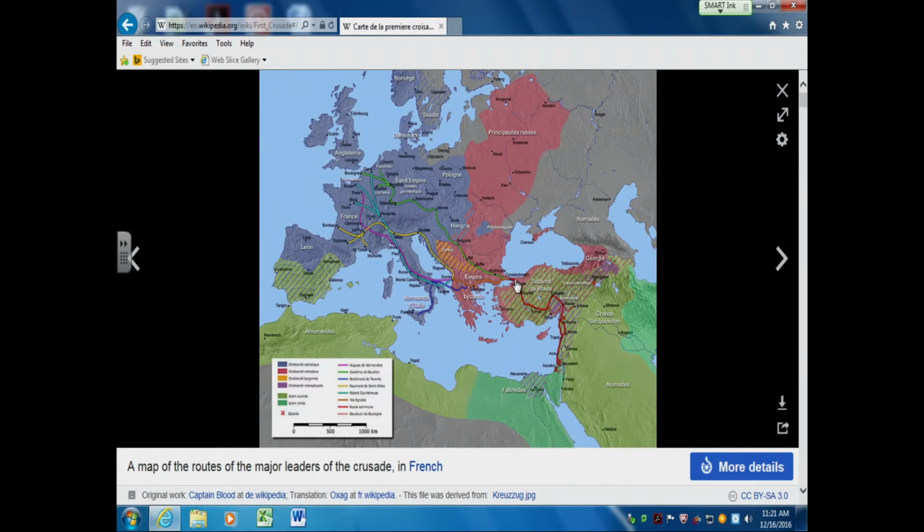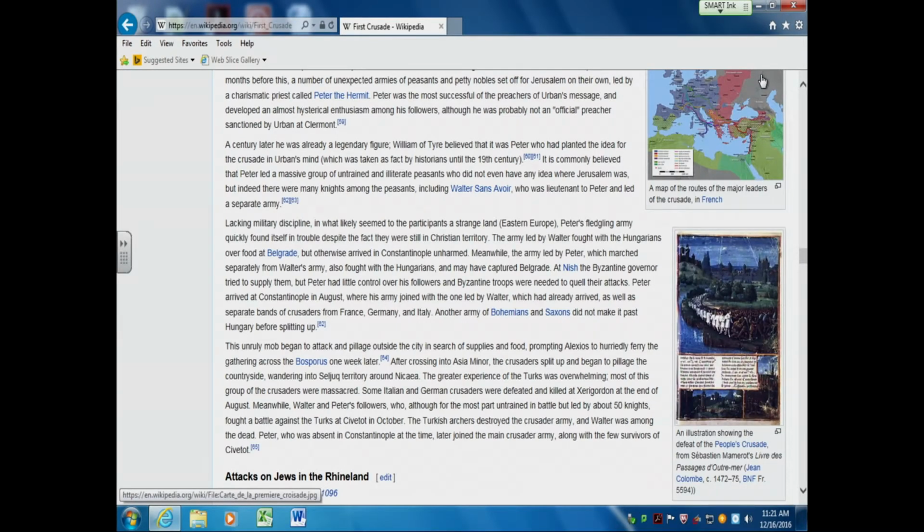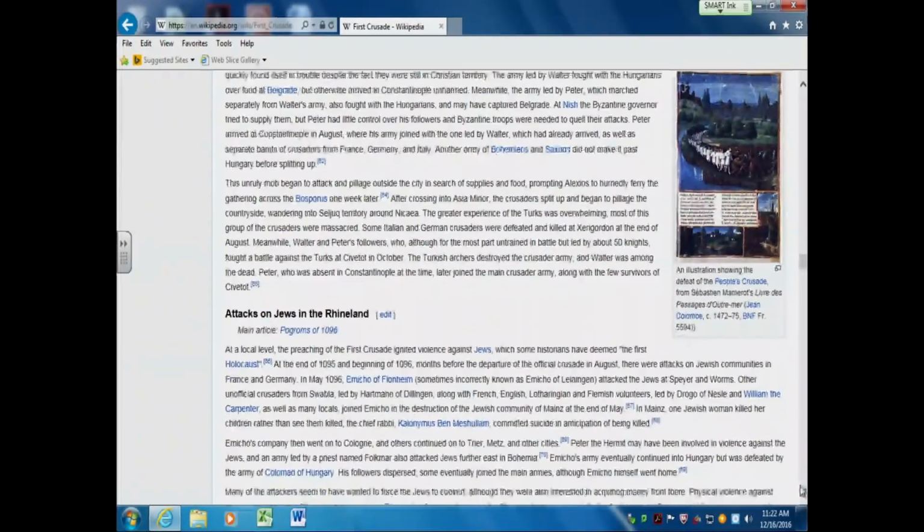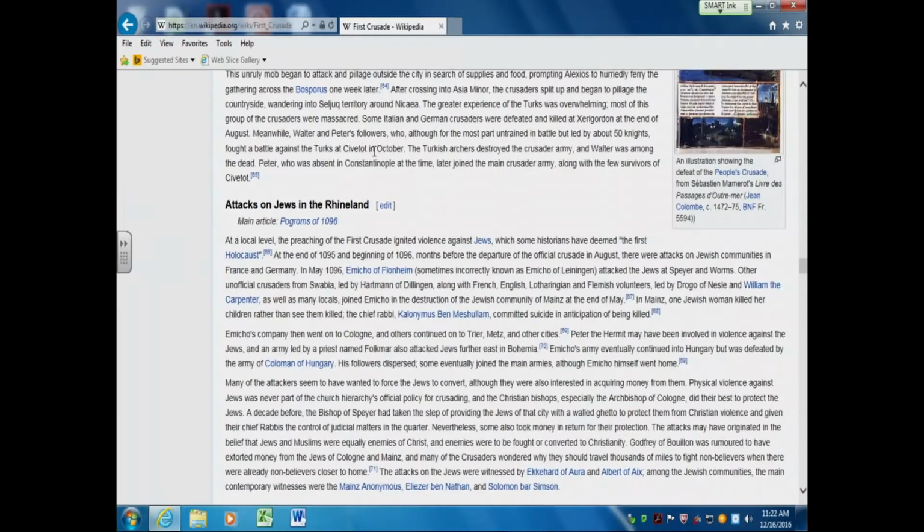And they all end up here at Constantinople. They're there, and then all of a sudden the emperor goes, "Oh, what have I done here? I've invited folks in, and now I'm not quite sure that I want them around," and he quickly encourages them to head for Jerusalem. Another thing, some historians state that the Crusades are the beginning of rabid anti-Semitism in Europe,